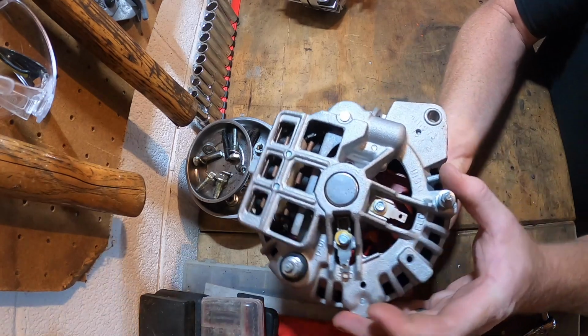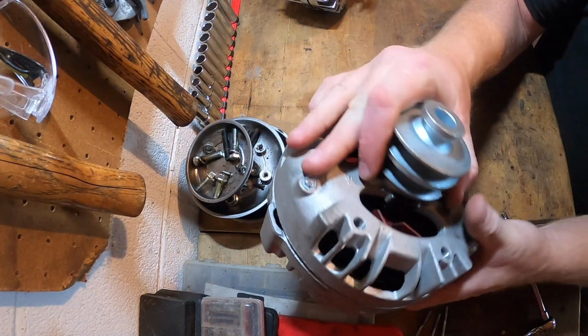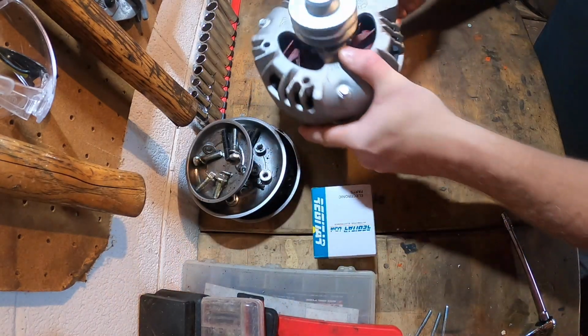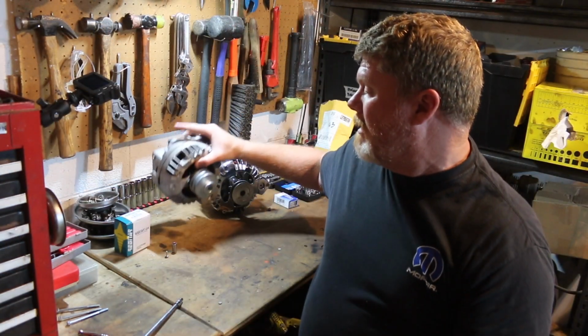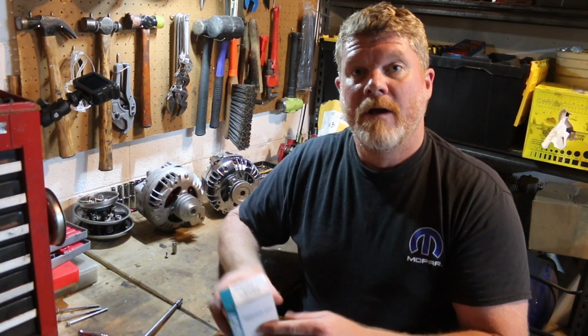The alternator I've got here is what you would call a police alternator. It's the 90 amp alternator and it is externally regulated. We're going to change it to an internal regulator or a self-regulated one-wire alternator. And believe it or not, all it takes is one part to make that happen and just a small socket set. The only thing you're going to need to pick up is this regulator that we grabbed off of eBay